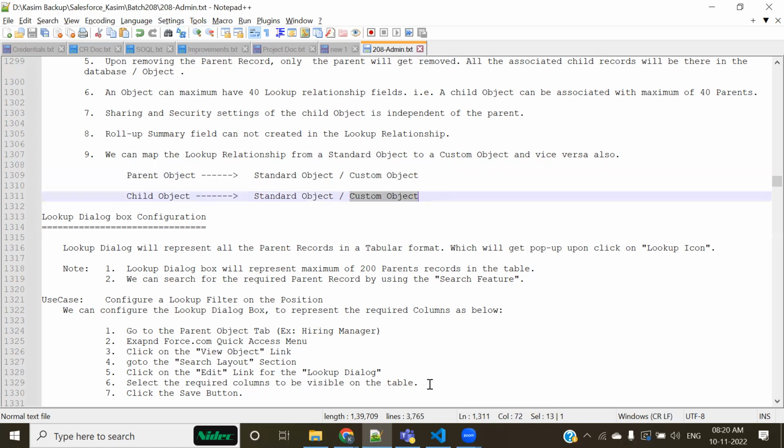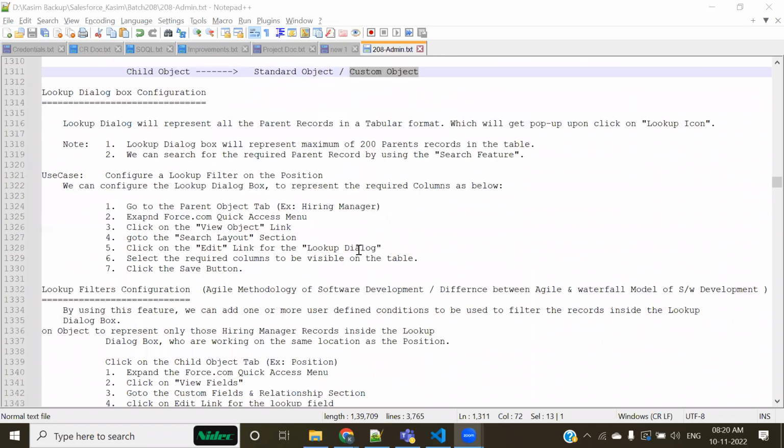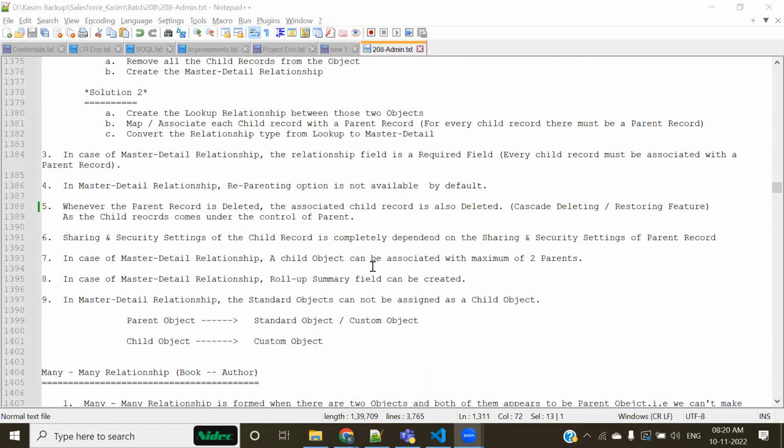A standard object can be associated with standard, should also be associated with custom. A custom object could be associated with custom or the standard object as well. Flexible, completely flexible, right? Now let's come to the master detail relationship.